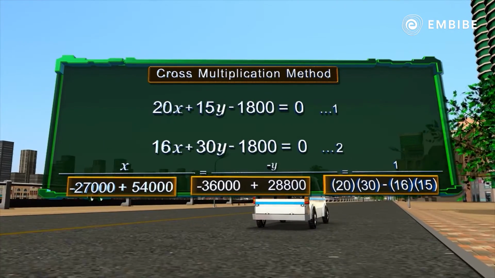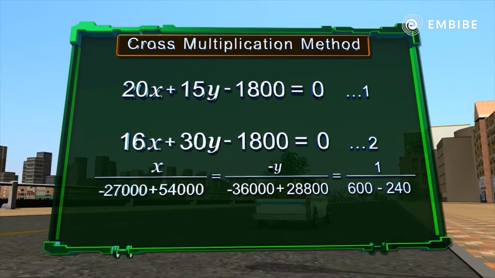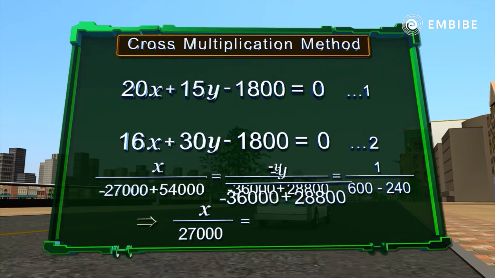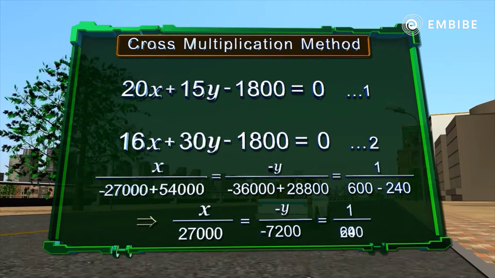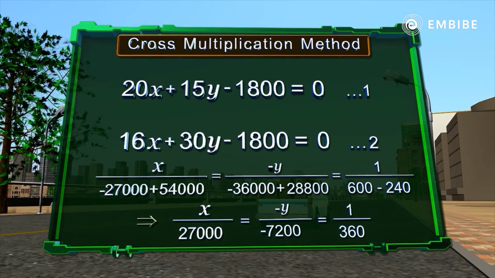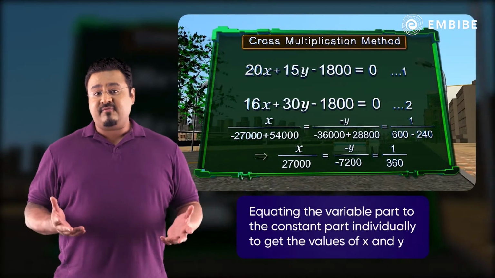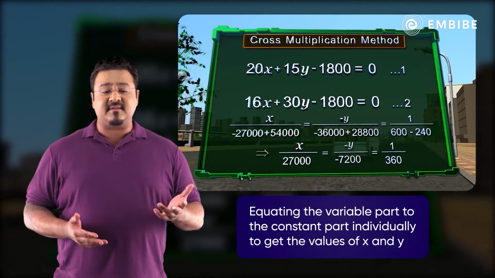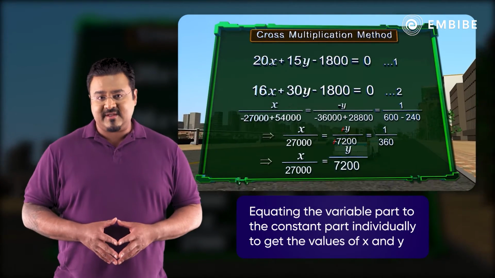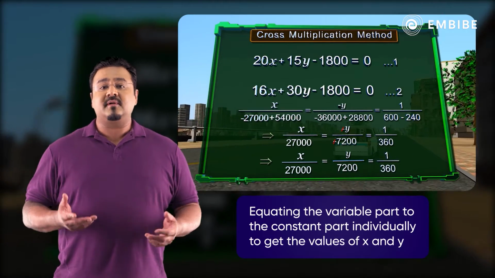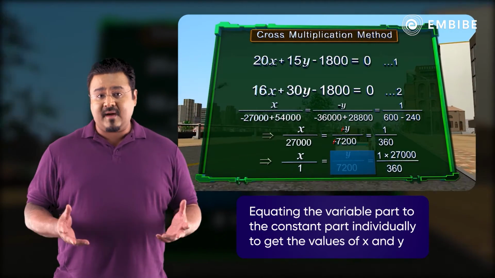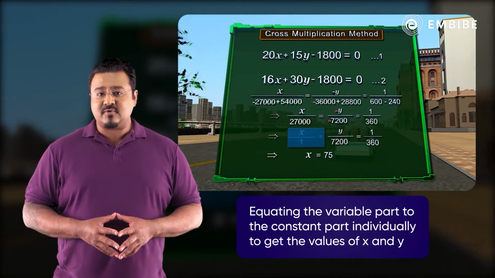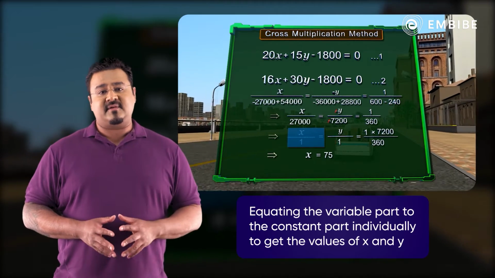After simplifying the denominators, we get the result as x upon 27,000 is equal to minus y upon minus 7,200 is equal to 1 upon 360. Therefore, x is equal to 27,000 upon 360 is equal to 75, and y is equal to 7,200 upon 360